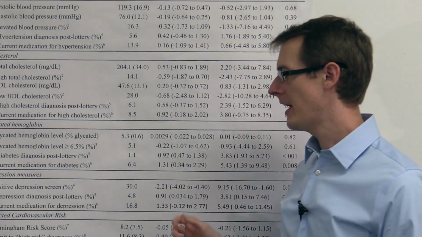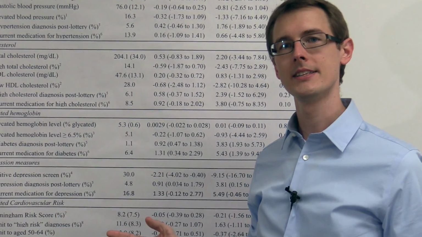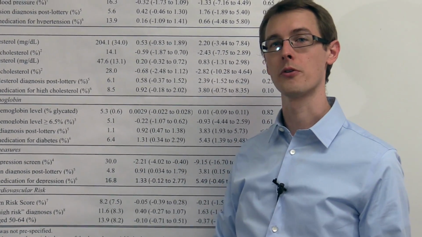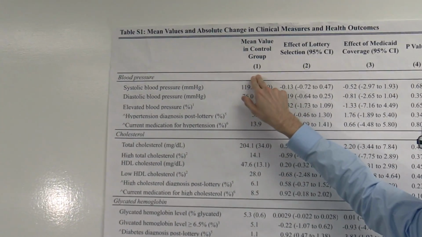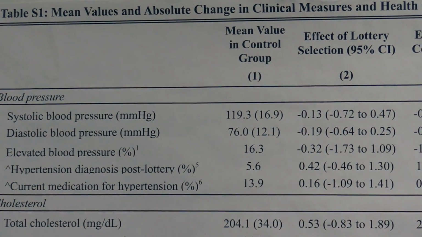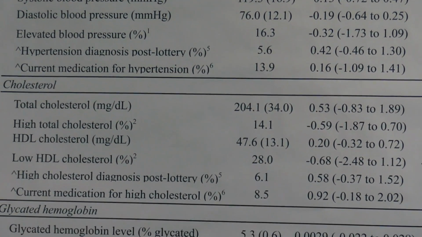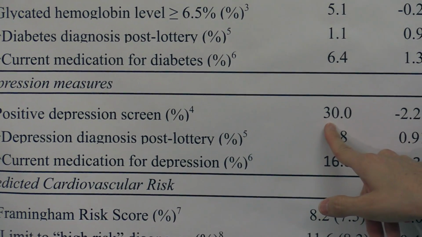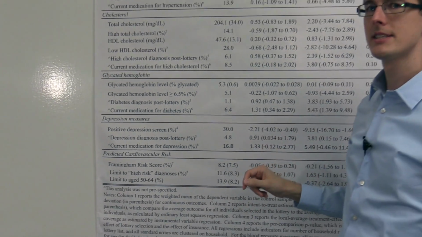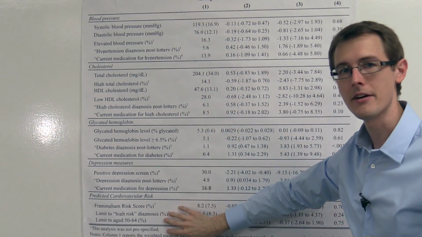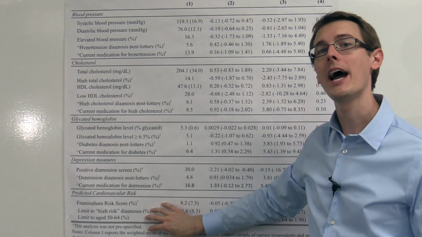So remember that experiments are relatively easy to analyze. We just want to compute the average treatment effect, which is the difference between the average outcomes in the treatment group and the average outcomes in the control group. So over here in column 1, they've given us the mean or average value in the control group. So for example, all of these are means, and in the control group, 30% of people had a positive depression screen, for example. Now, they haven't given us the average values in the treatment group, which is an imaginary column right here, okay? But what they have given us is the average treatment effect,